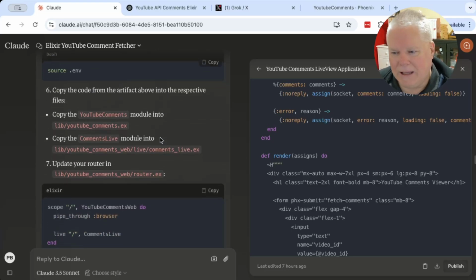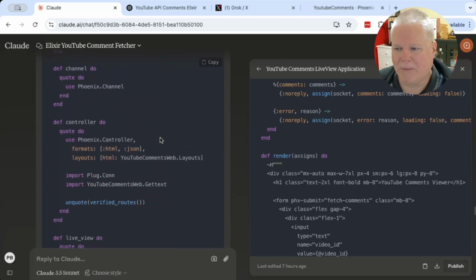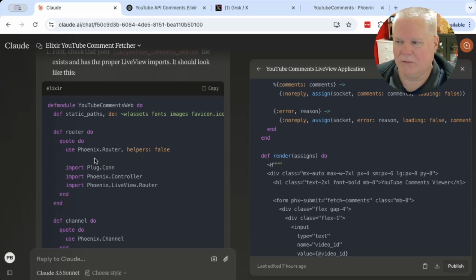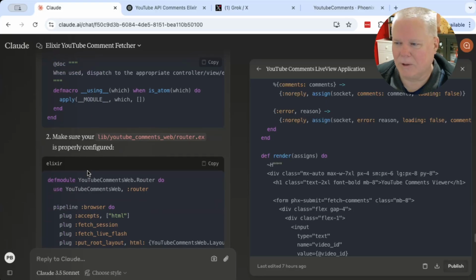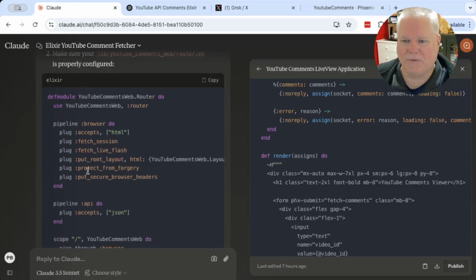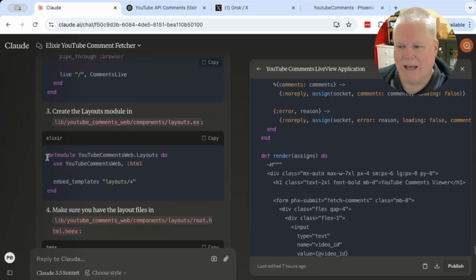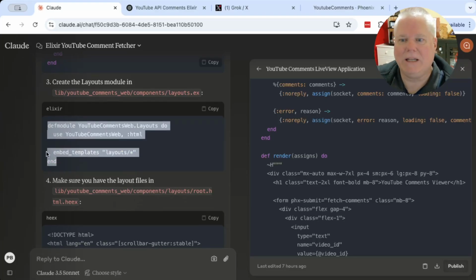In the end, though, I ended up having the same problem with Claude that I had with OpenAI. It gave me code to just copy and paste in, which was fine. That's exactly what I was wanting. But then it sends me on all these fetch quests looking to make sure that things are coded properly. This file we never did touch in our conversation, and that was part of the problem.